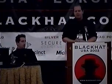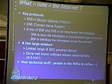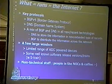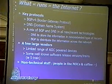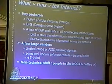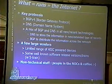So basically, what runs the internet? This is the key question. Everybody knows IP, everybody uses IP, but what makes the core of the internet? Basically, the internet is running an external gateway routing protocol which is called BGP. BGP is the routing protocol that is used to exchange information between autonomous systems. An autonomous system is usually a company or an ISP that has to work with other ISPs to exchange routing